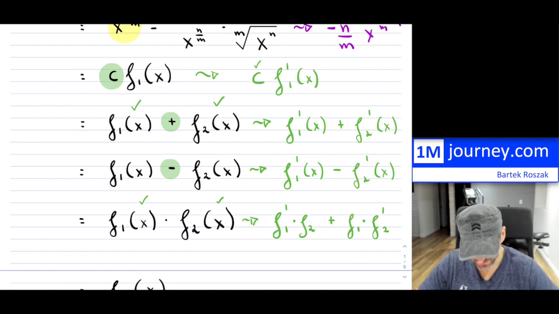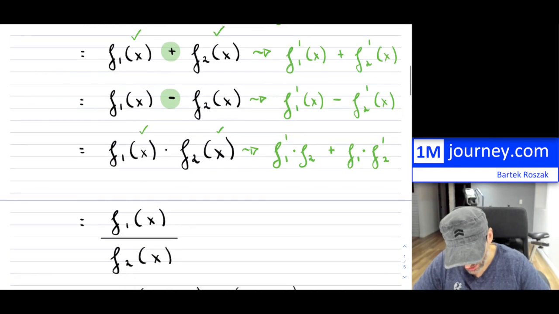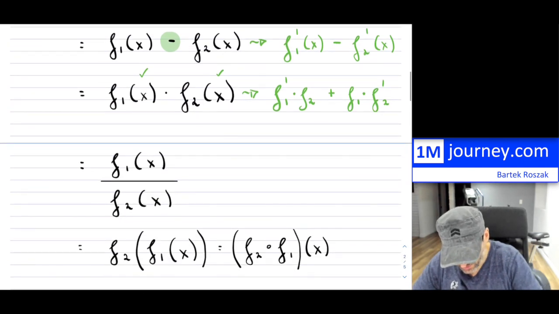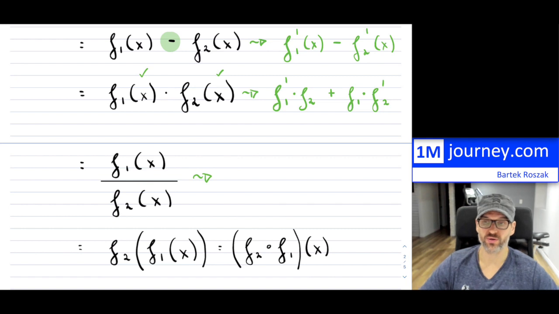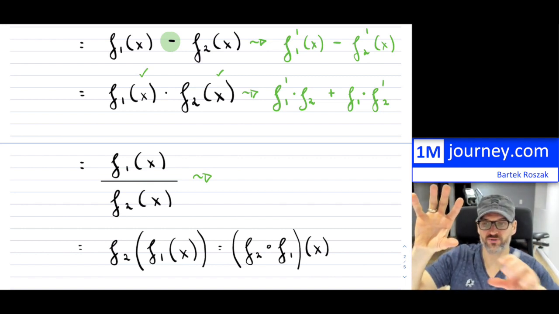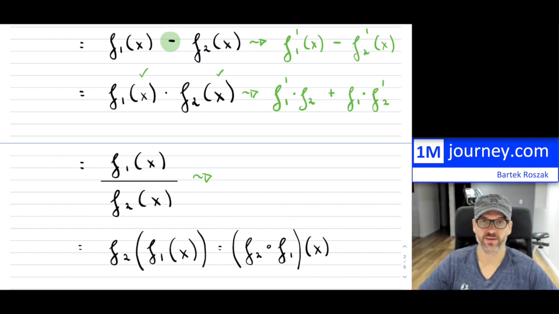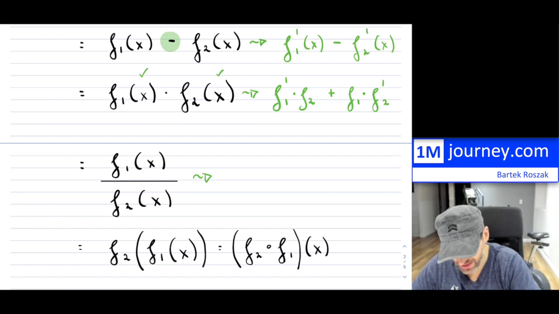So we have now completed quite a lot of them. This one is known as the quotient rule. So what happens when you have a function and then you're dividing it by another one? You can do it in one of two ways. You can bring the function from the denominator to the numerator by putting an exponent of -1 and then taking the product rule. Or you can use the quotient rule directly, which is very similar to the product rule,